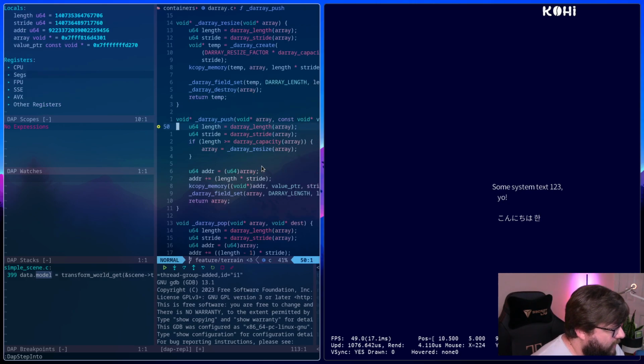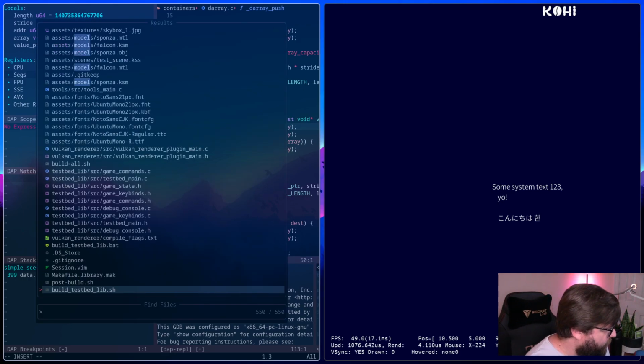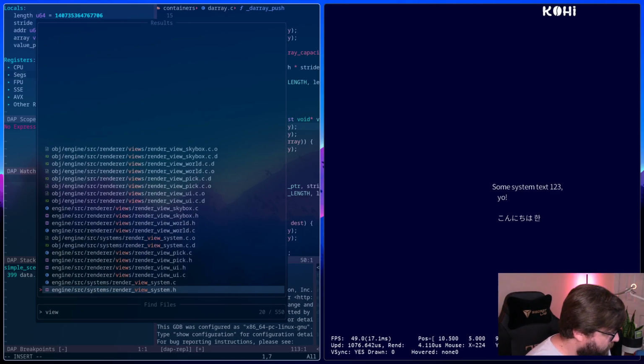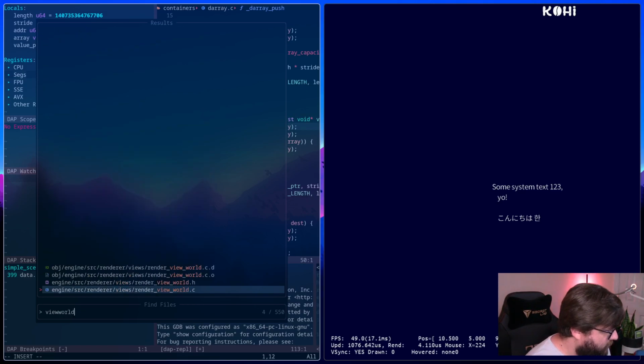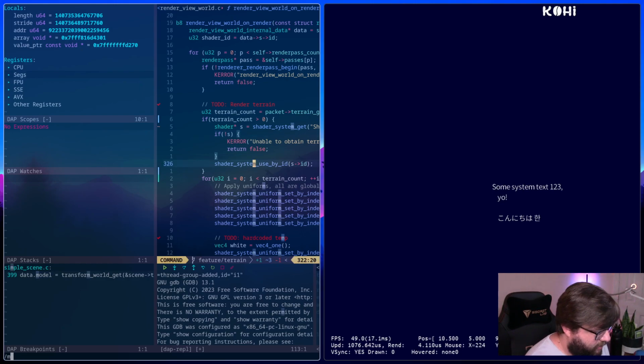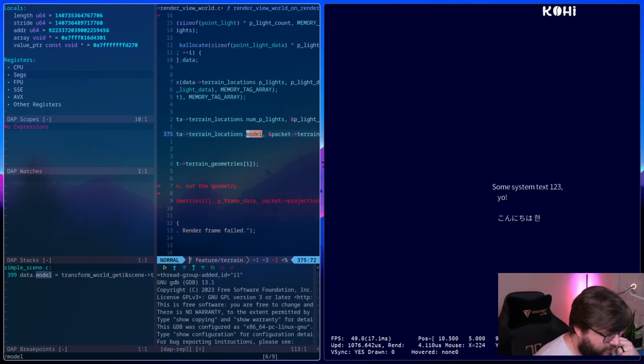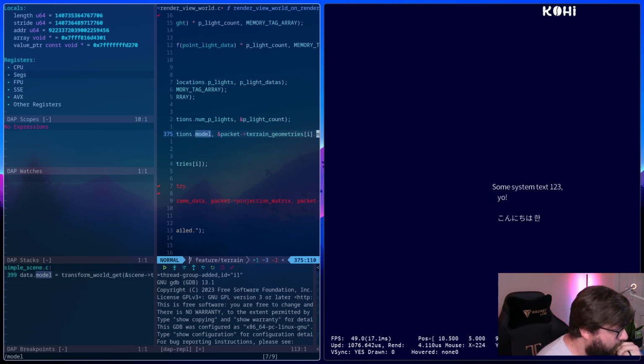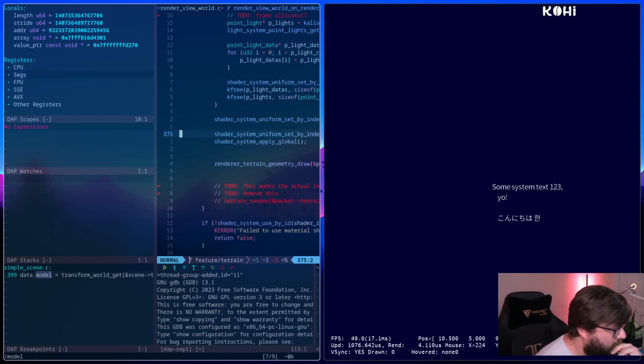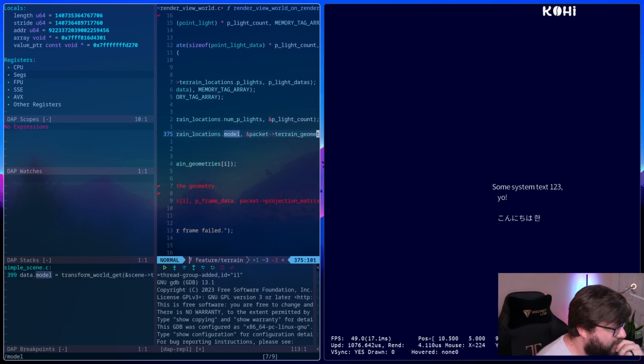So I wonder if in the view world where we apply the model, if maybe it is incorrect somehow. Shader uniform, set by index, terrain locations model, packet, terrain geometries model.